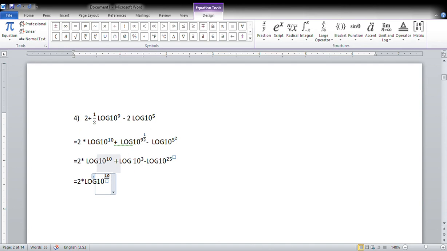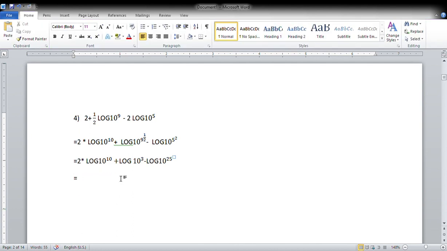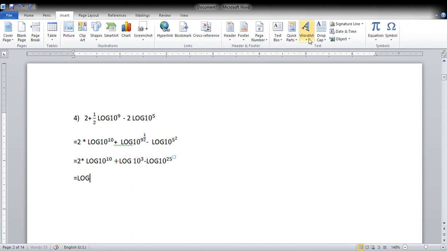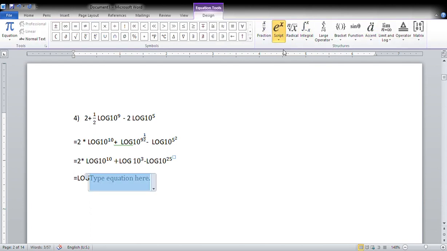Oh sorry, so this 2 will go to that side only. I made a mistake there, that's why I'm thinking. Log 10, just a minute, we simply made a mistake over there. Again 10 and again 2, that means this 2 will come to that side,